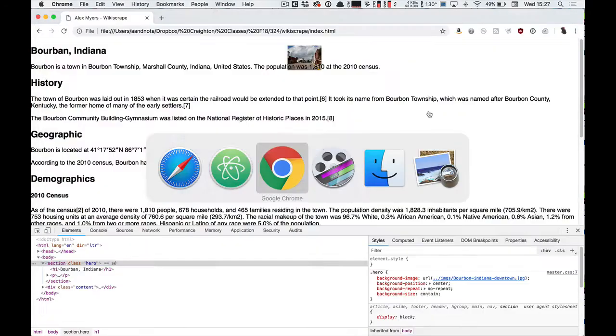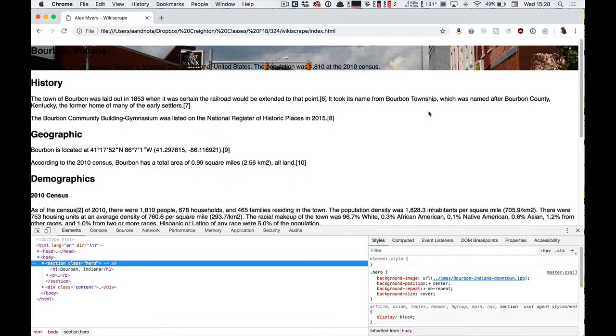All right, so there we go. That's what it should look like. The image stretching, if you use cover, the image should stretch all the way across that element. The height of the element at this point is determined by the text that is inside of it. This is not what we want. What we want to do is declare a height and a width for it